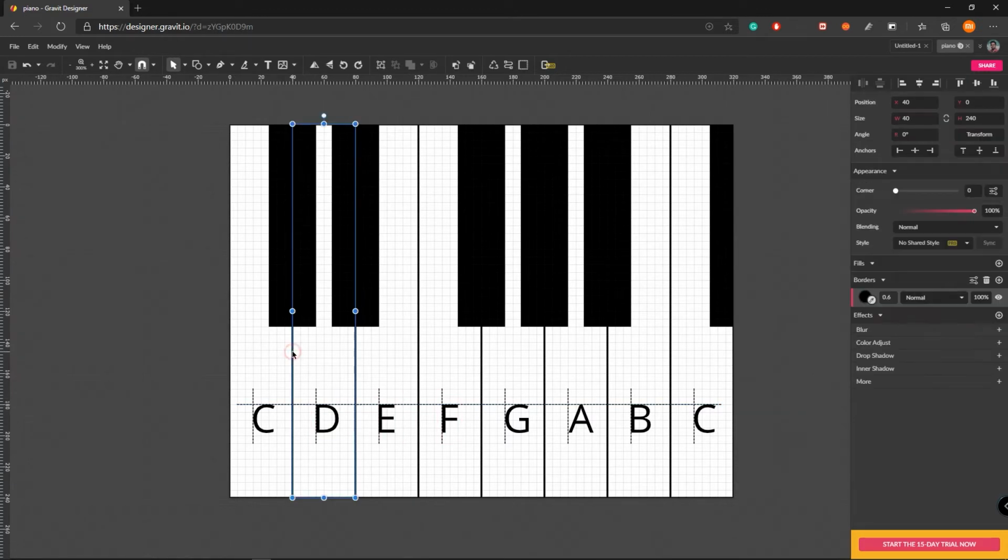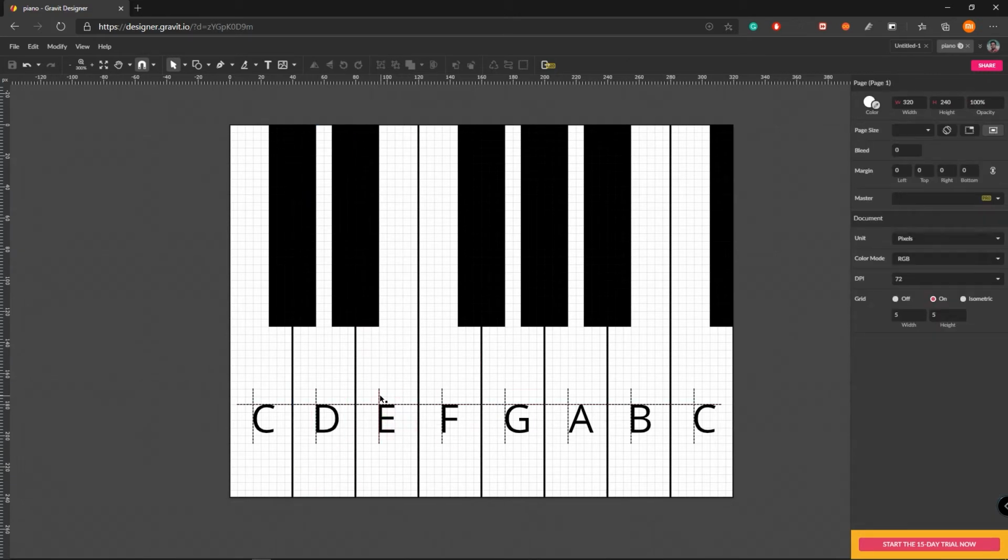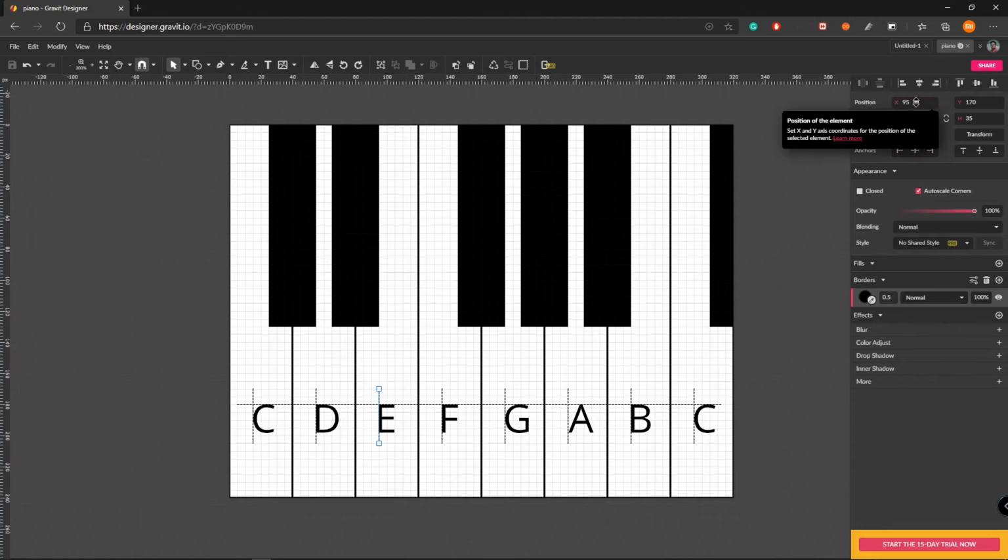So when you press on this rectangle, if you look here, you can see the X position and the Y position, which is this location, and this is the width and this is the height. So we can transfer this coordinate information into our code. Also for the text, to get the location, for example, we can choose this line. So this X axis value will be 95 and this is the Y axis value, which is 180.